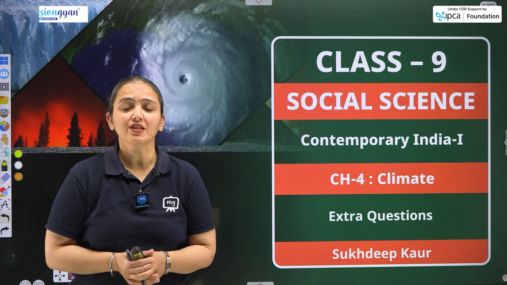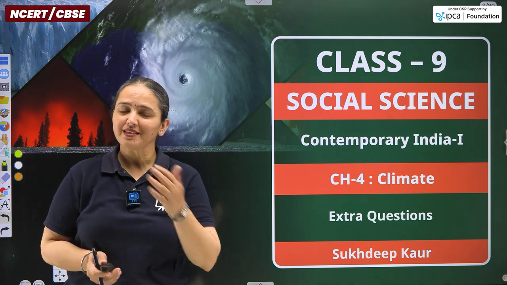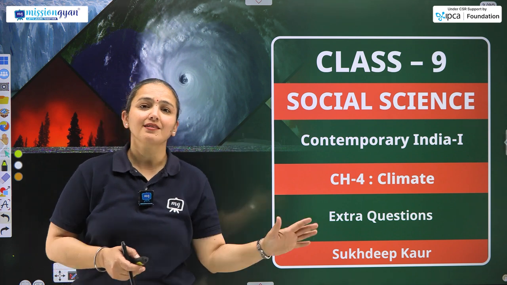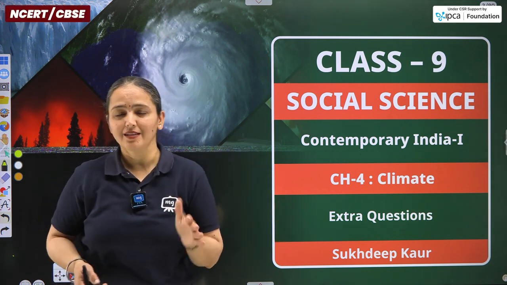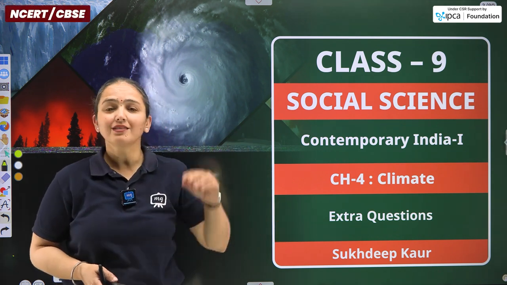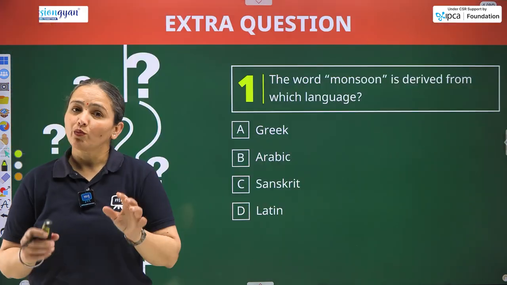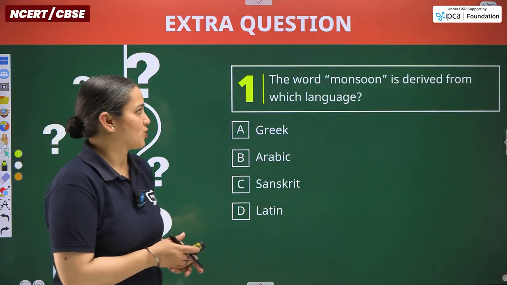Today we are going to discuss extra questions from the inside part of the chapter itself. Again, the question answer pattern in the exercise in extra question class remains the same. It means it also carries MCQs 1 mark, 2 mark, 3 mark and 5 mark questions. So without any delay, here is the first question.